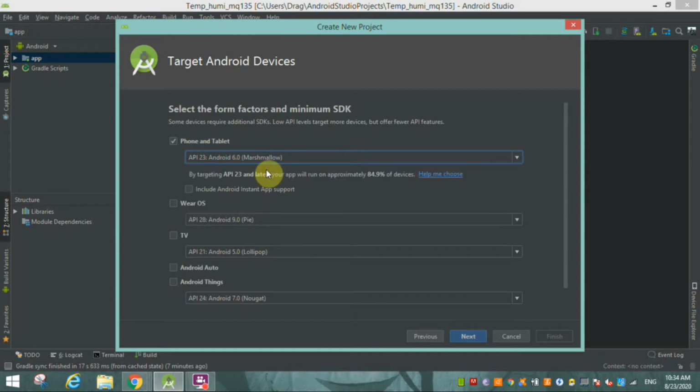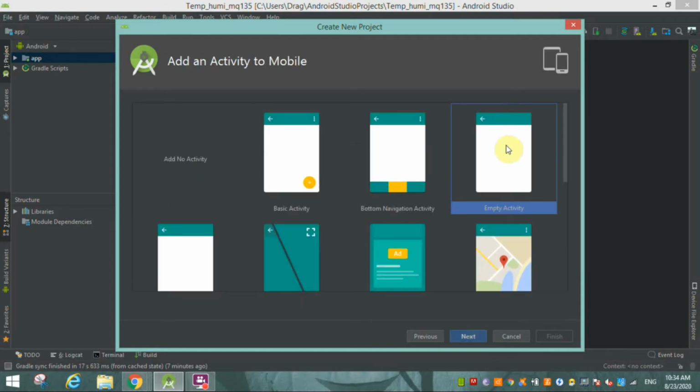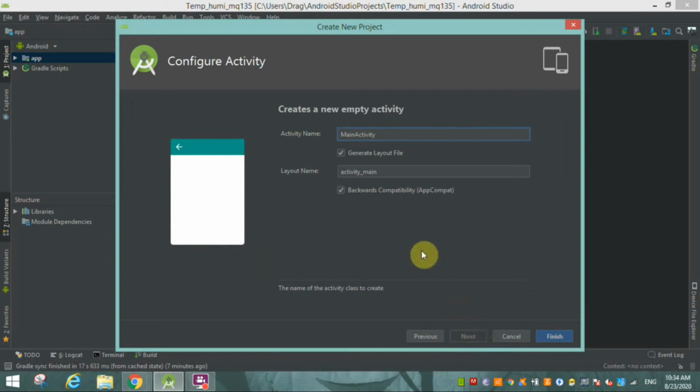I'm using 6.0 in this. Next. Choose an empty activity, next. And main activity, don't change the name of the main activity. You can change it, but I don't like to change it actually. Okay, finish.